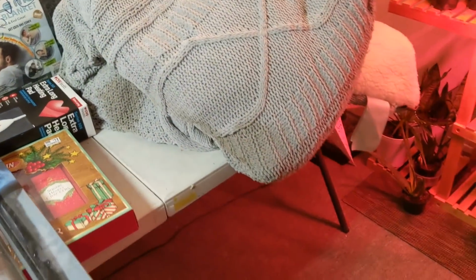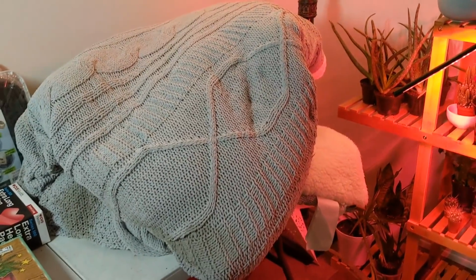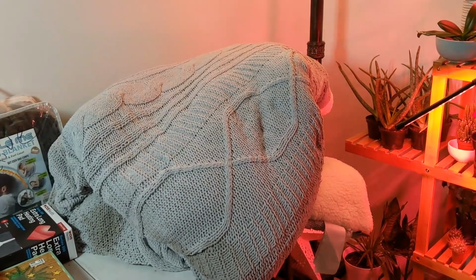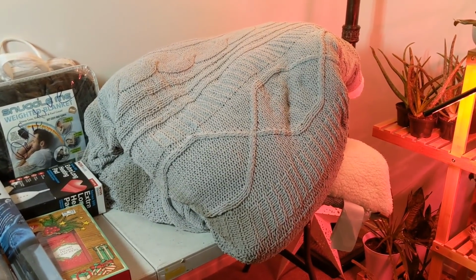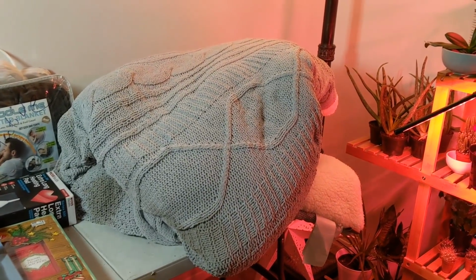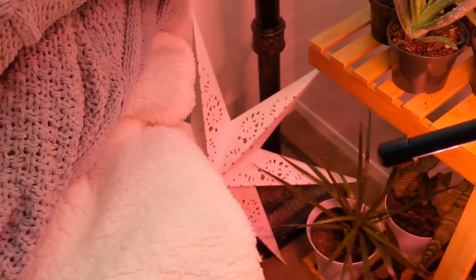And then the best part of the haul, which I'm actually really thankful I found, because if I didn't see it poking out the edge of that bag, I would have never opened that bag. I would have just assumed it was garbage because I've never seen that store throw things away in bags before. So now I'm going to have to start checking, obviously. But this is a queen-size blanket, which is perfect because I have a queen bed. And like I suspected at first, it is UGG. I have found quite a few UGG blankets. I haven't investigated it thoroughly yet, but based off of what I can see...